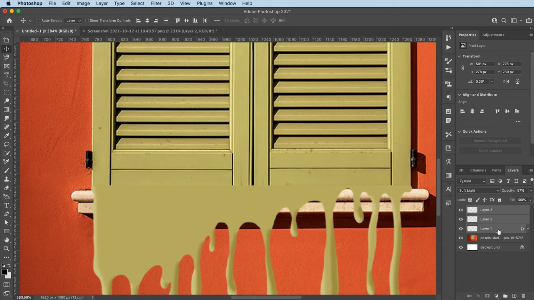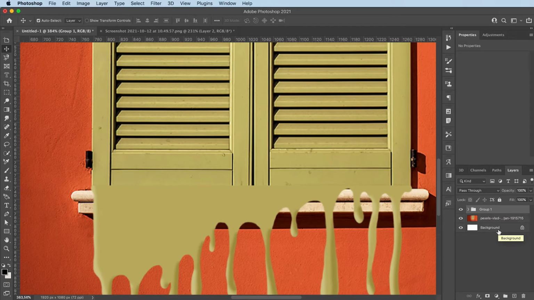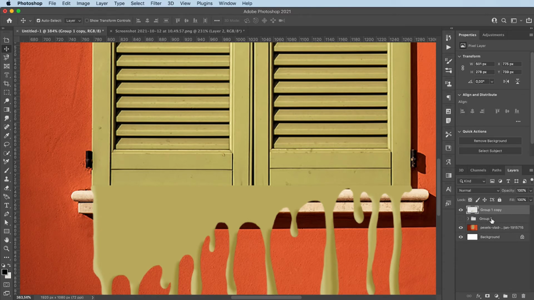So we're gonna group our 3 layers of our drip. We're gonna Command J and duplicate them. Right click, merge group, and we can hide this layer for now, just in case we have to go back and edit something. What we're gonna do is we are going to grab our brush tool and on a new